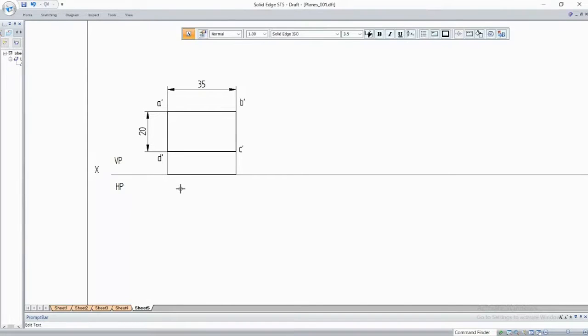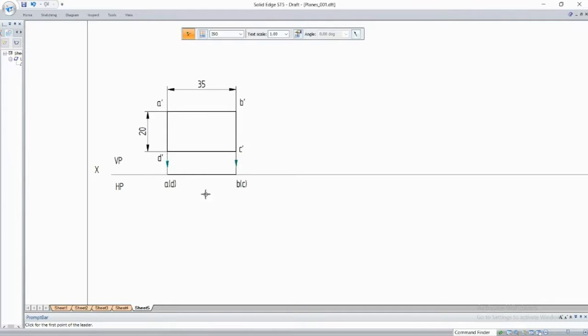So when you see it from top, A is visible to you, D is behind it. So here A and in brackets D. Since it's a top view, there is no dash part. So here it is B and in brackets C. After this, you have to show the direction of projections.